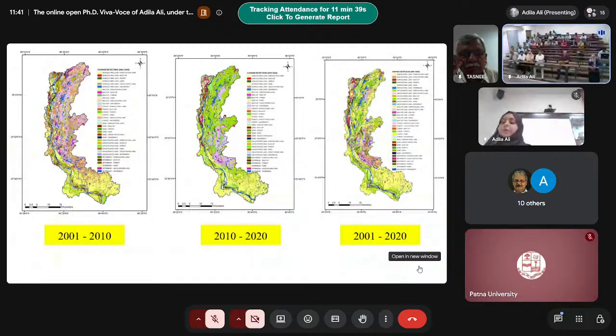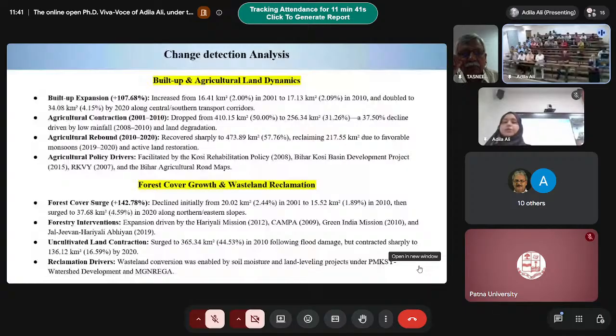So the change detection analysis shows that built up has doubled from 2001 to 2020, and agricultural land contracted, then rebounded by 2020 due to agricultural policies and government policies. Forest grew after 2010 due to various government policies. That is the Haryali mission or the Jal Jeevan Haryali mission. Then